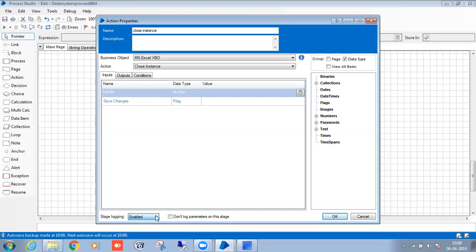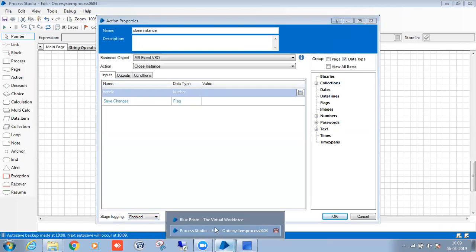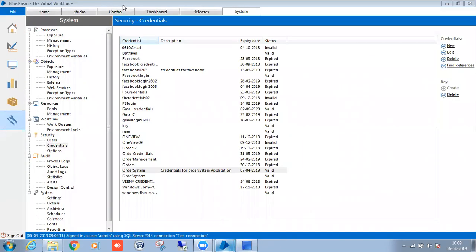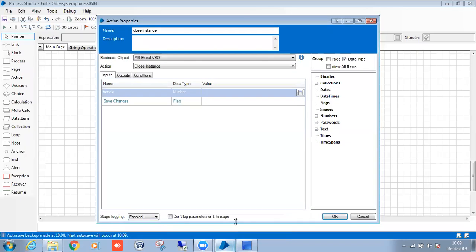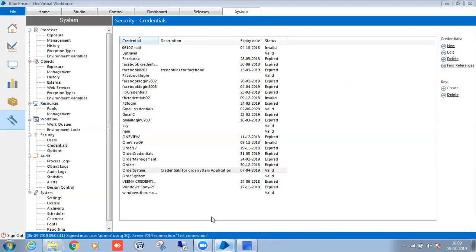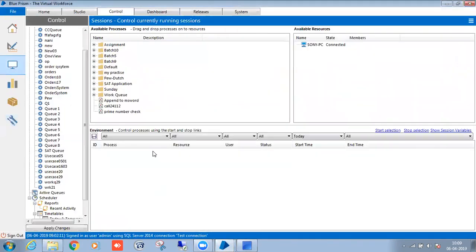Yeah. So what is happening? Whenever we are running in real time, whenever running from the control room, okay. So audit. If we execute any process, here you can see there is a view log file. If you click on the view log file, every detail will be there.